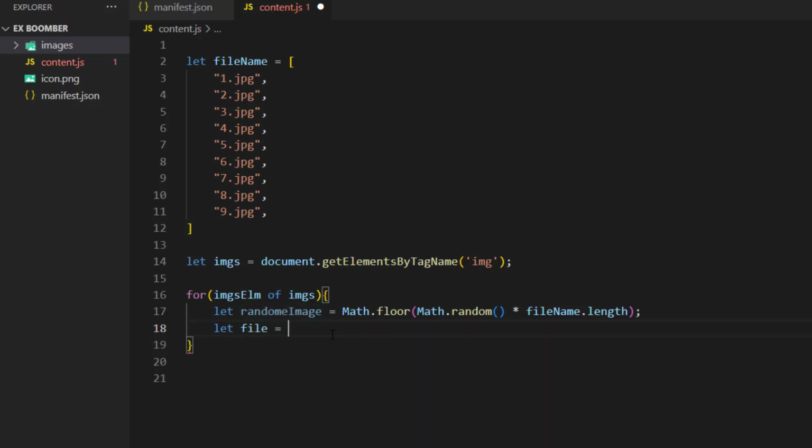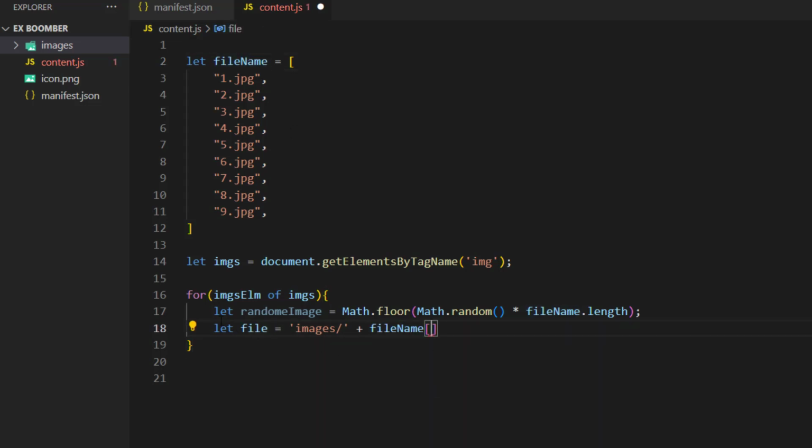We want to select these images and put them inside this file, and because these images are located inside a folder called images, we just write images slash, which means we want to select the images inside this folder plus the array name